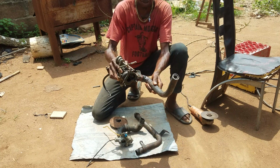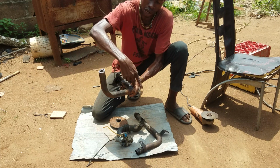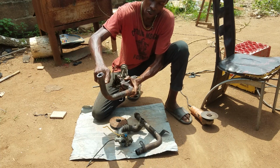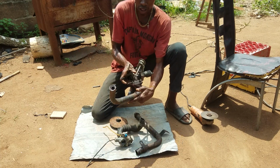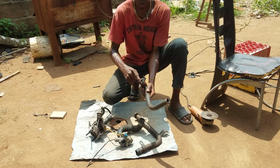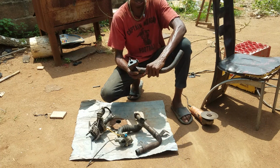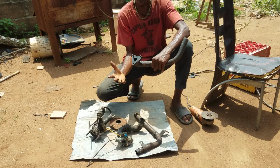This is how it used to be, although it's actually designed for a different engine. I'm the one that cut it off here to weld my single exhaust here. So this is how it's meant to be. But now, I cut it off because of this exhaust angle, the turbocharger that was down,